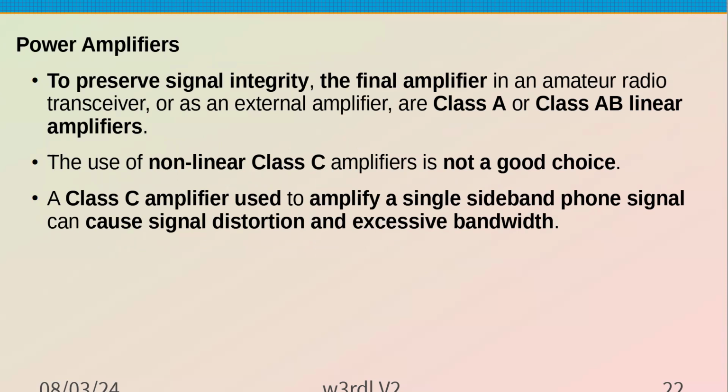Power amplifier, you typically want to use a class A or a B or a linear, because the whole point is you want it to be linear. I really don't know where they use class C amplifiers, but I'm sure they do. Well, actually, I guess